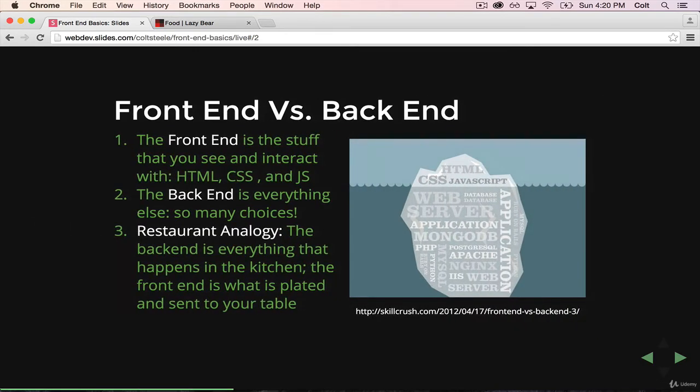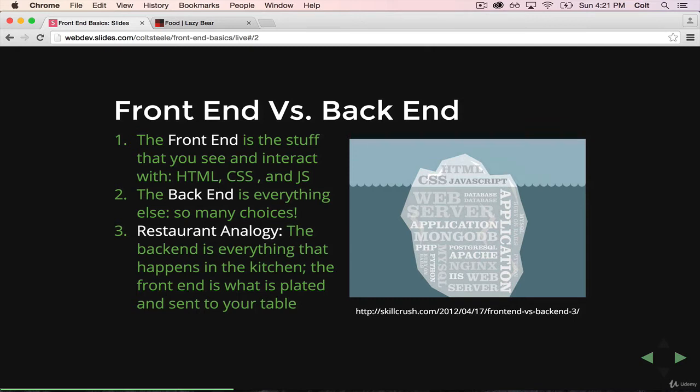So let's start by discussing front end versus back end. So when I go to a URL, let's say I go to Facebook. I hit facebook.com, I hit enter, and if you'll remember back to the video on how the web works, I create a HTTP request asking for facebook.com. And that goes to Facebook's server eventually. Facebook then decides what page to send me back. So in the case of Facebook, it needs to figure out what images, what stories, how many likes they have, what friends I have, what posts are at the top, all my settings, my profile pictures, all the stuff that pertains to me. And then it sends it back to me, sends me HTML, CSS, and JavaScript,